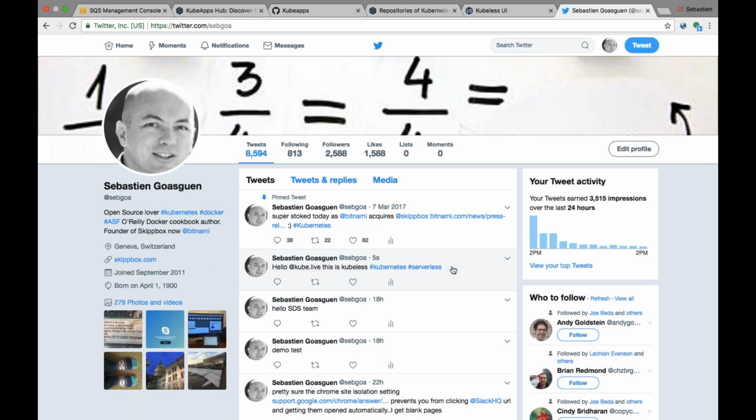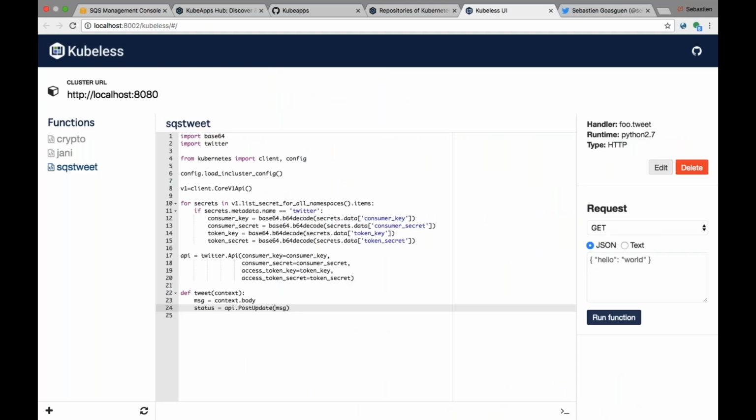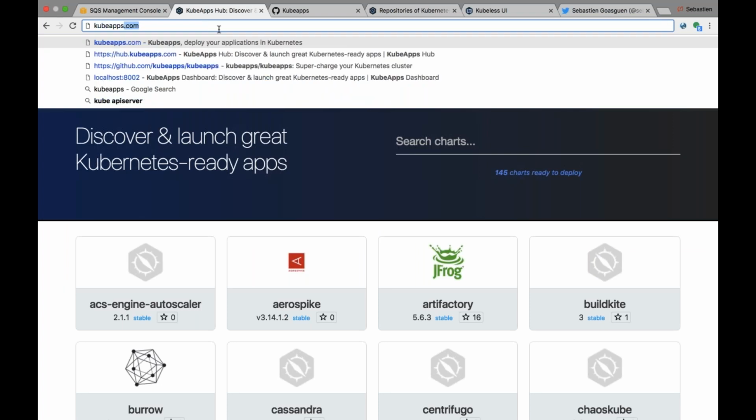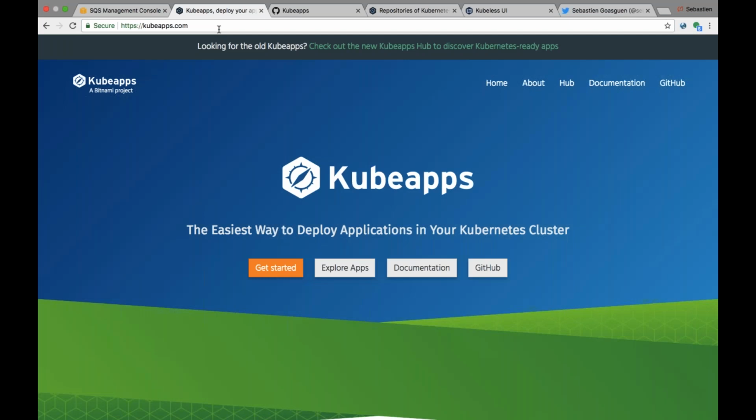This is Kubeless. Okay. So the message was sent on AWS SQS, but it was consumed by a Python function deployed on my Kubernetes cluster, and I have access to it through the Kubeless UI. I could have written the function directly through the UI and not through the CLI. Okay, so I think with this, I wanted to keep it short and really focus on a demonstration. So I hope